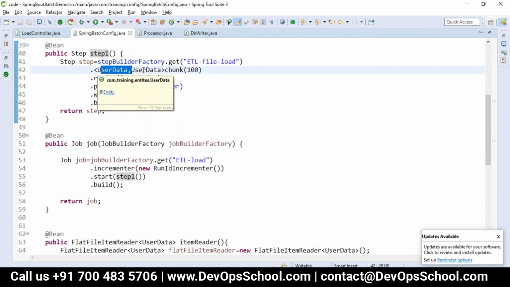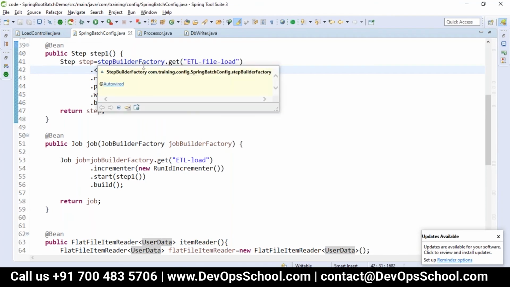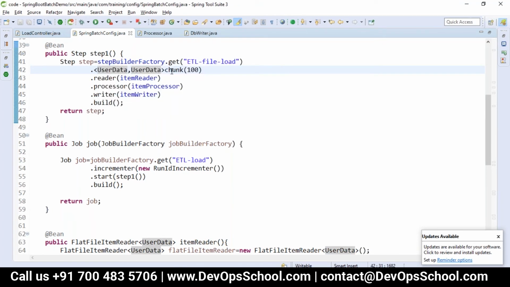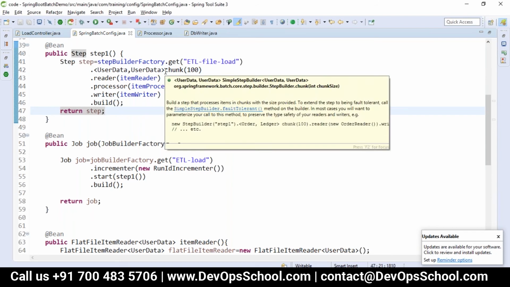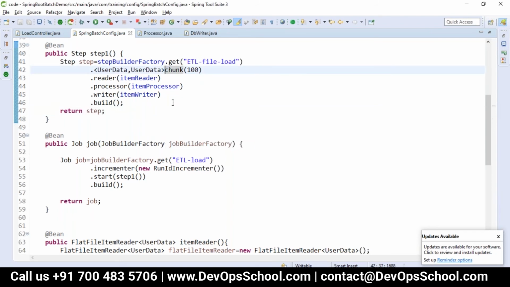Both user data should be read and user data should be printed. So we are sending a chunk of 100. You can take it 100 or 1000. As I have only 500, I took a chunk of 100. So I'm taking a reader, processor, writer and building the step. But what type of reader do I want? I want to read the data from the file.